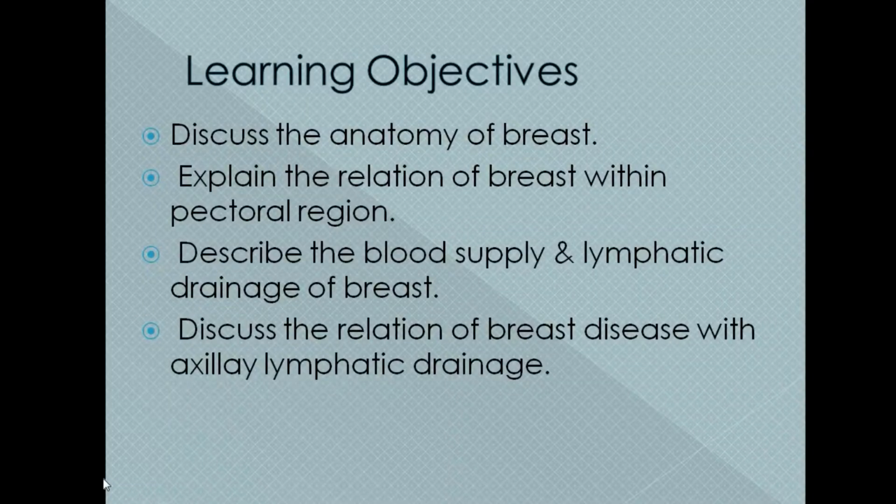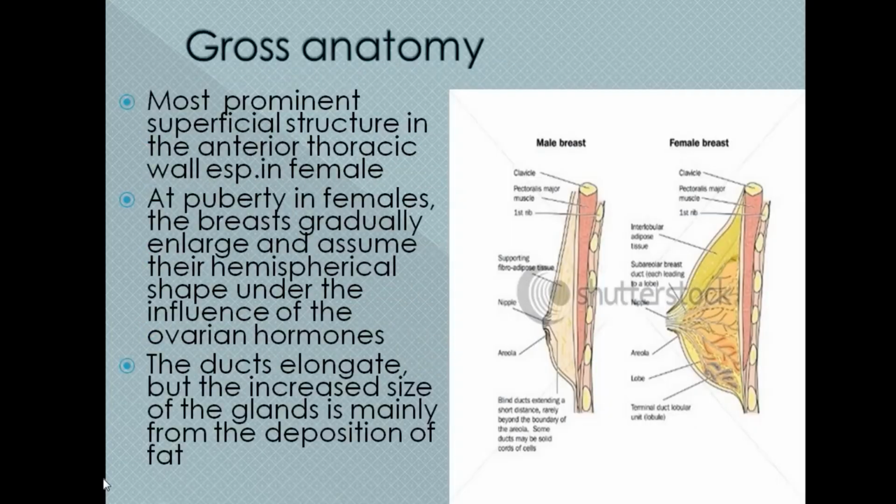Relation of the breast with the pectoral region, the blood supply along with the lymphatic drainage, and the diseases associated with the lymphatic drainage of the breast. So the breast is the most prominent and superficial structure present in the anterior chest wall, and it is especially prominent in the female at the time of puberty and after puberty, and it becomes enlarged during